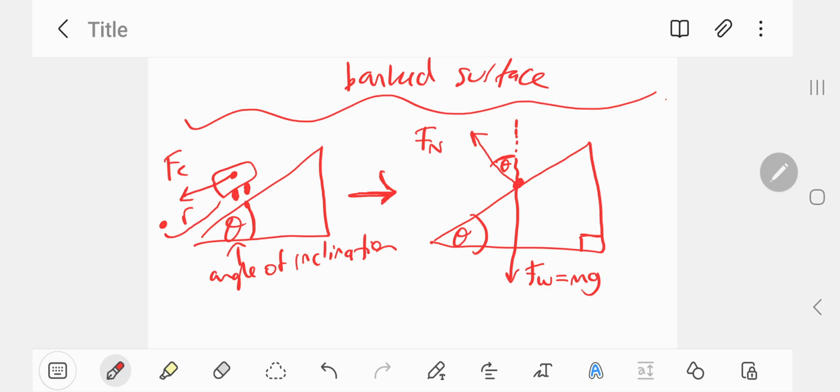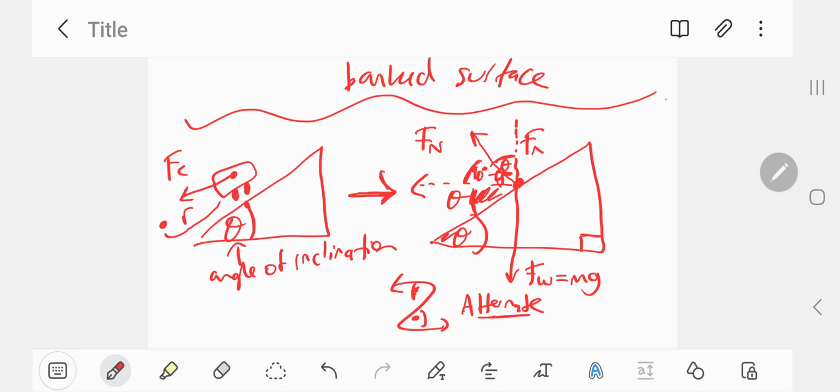Why do we know this? Well, because if I draw another line here, a horizontal line, this angle here would just be 90 degrees minus theta. All right, and this angle here is theta, because this angle here and this angle here are alternate angles, Z angles. If you recall back from basic maths, they're alternate. And so, because this angle here is 90 degrees, this angle will therefore be theta right there. And so